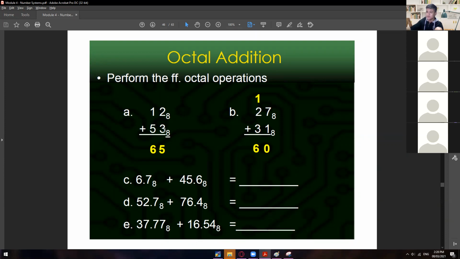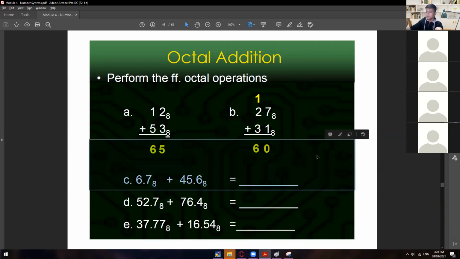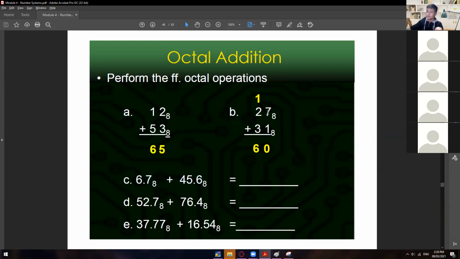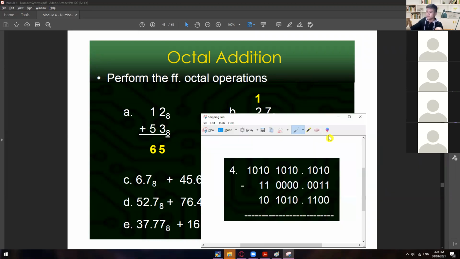So from here, we have 2 plus 3 is 5, so no problem. The same with 1 plus 5 is 6. Okay, so no problem when it comes to letter A. But for letter B, 1 plus 7 is actually 8. Okay, and then if you're going to recall,